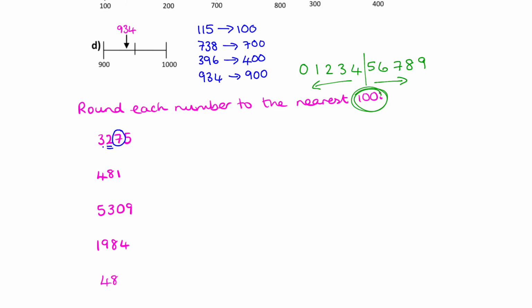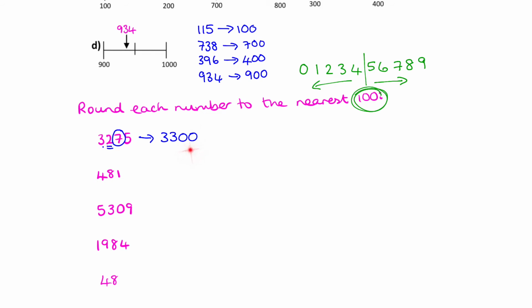So we have a look here. And the 7 is in the right-hand side of these. So we're rounding up, which means that that 2 changes to a 3. So we've got 3,300. Okay, now remember what I said before, these zeros are incredibly important. In fact, without them, you've just got completely the wrong answer. You might as well not do any rounding if you're going to forget to put the zeros on, because it's